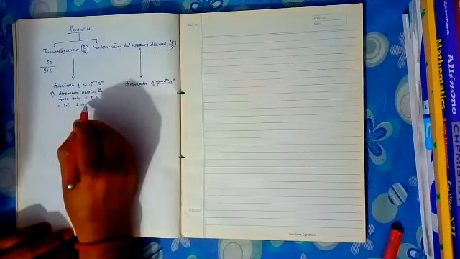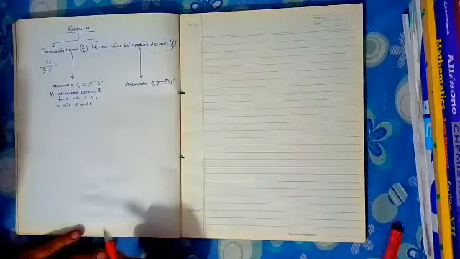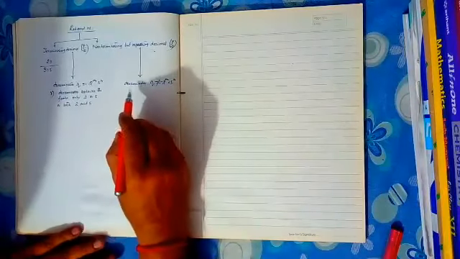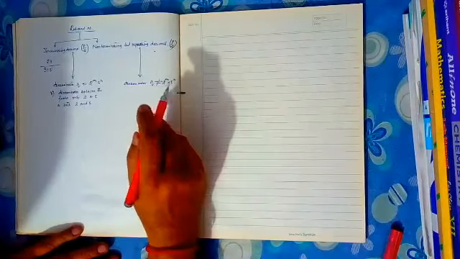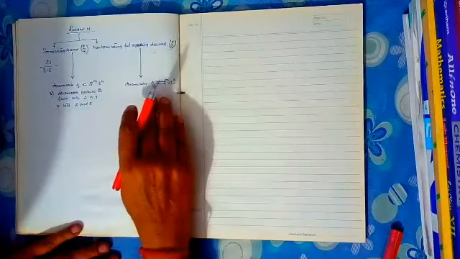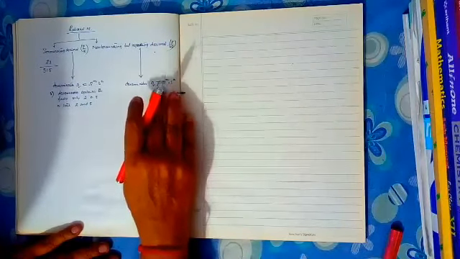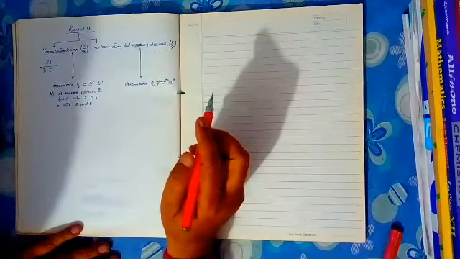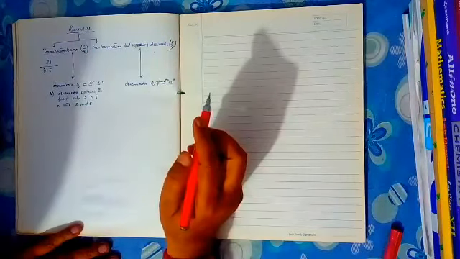No other factors except 2, 5; both 2 and 5 will be there. Now what is the meaning of that? The denominator q cannot be written in the form of 2 to the power m into 5 to the power n. It means